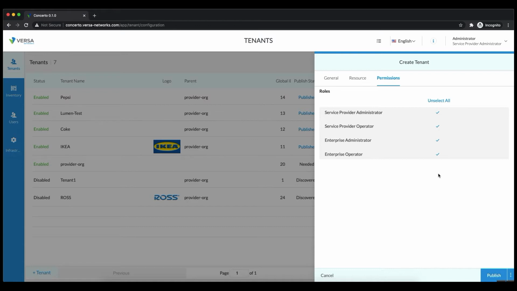So you can choose those so that the same roles are available for the users of the new tenant that is being created. Let me pick all these roles that we have. So we go and click,